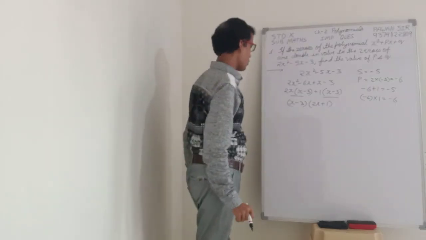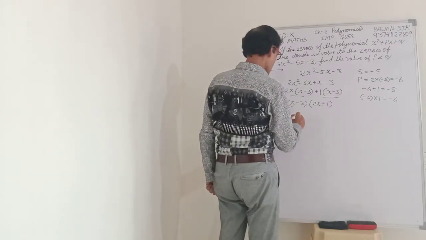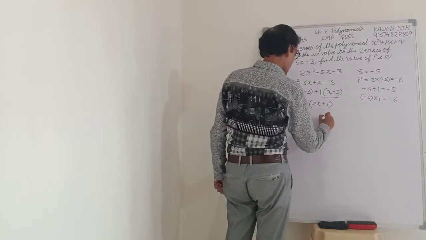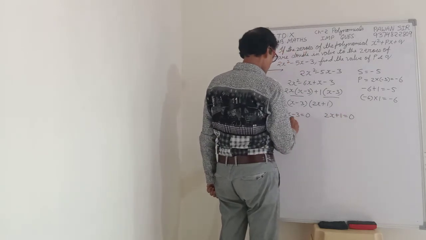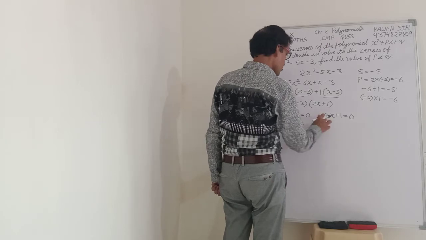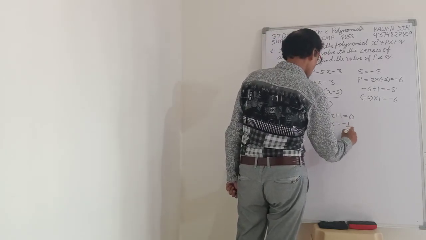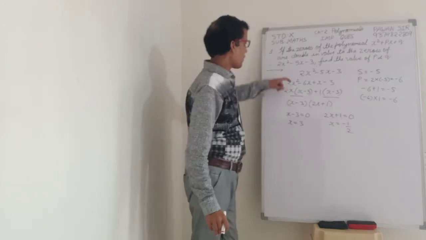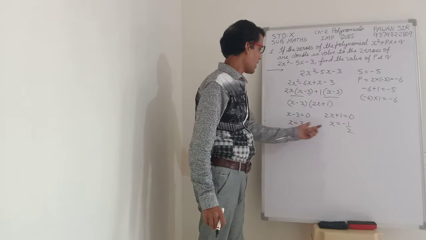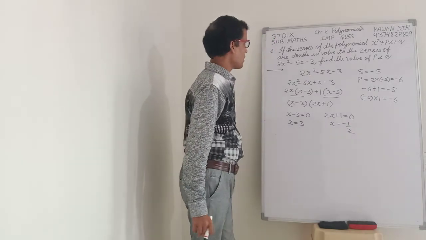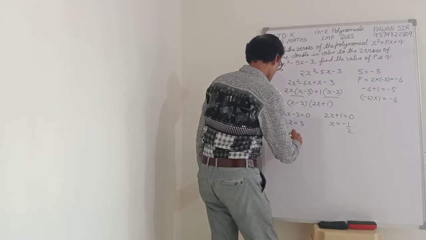So what are the zeros of this? If you put x minus 3 equal to 0 and 2x plus 1 equal to 0, here you get x equal to 3, and here you get x equal to minus 1 by 2. So the zeros of 2x square minus 5x minus 3 are 3 and minus 1 by 2. So therefore, the zeros of